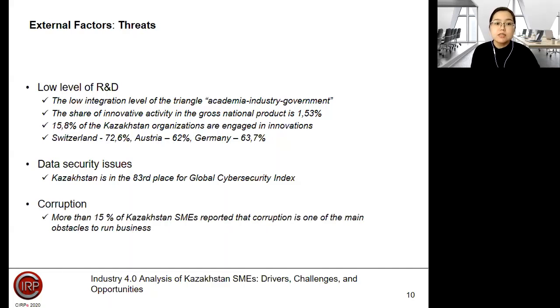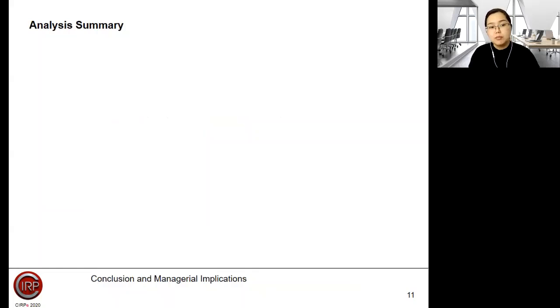Another threat in Kazakhstan was recognized as corruption. More than 15% of Kazakhstan SMEs reported that corruption is one of the main obstacles to running businesses. And of course, corruption negatively affects the organization's reputation and impacts the overall economic development of the country. So finally, to sum up,